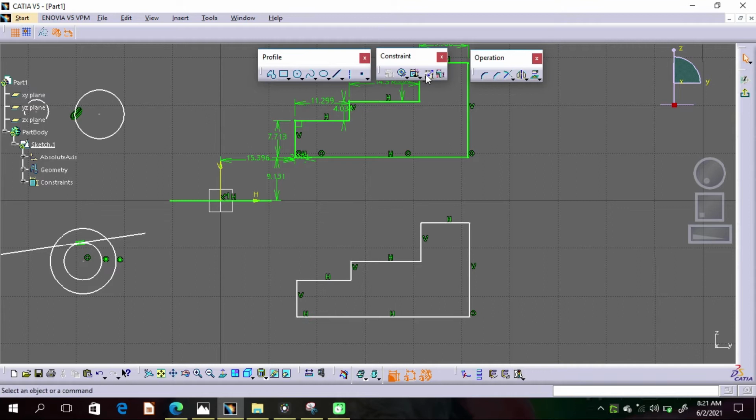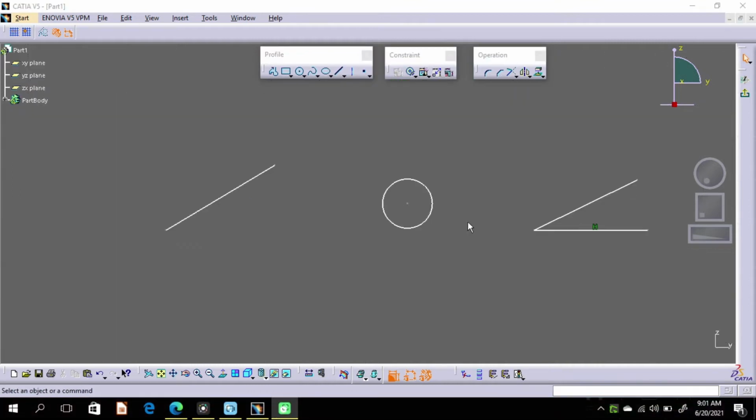Next is animate constraint. Animate dimension, circle radius or angle. So first just give a dimension to this line to make its animation.